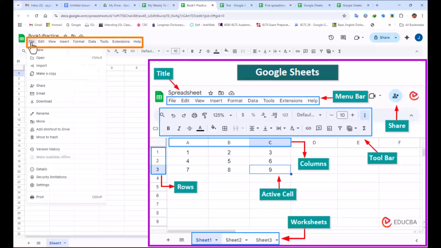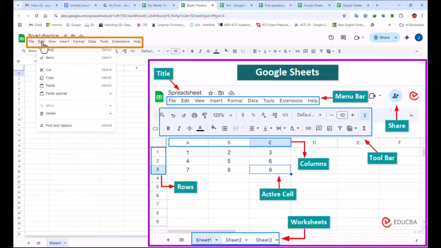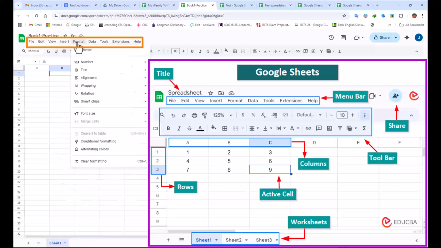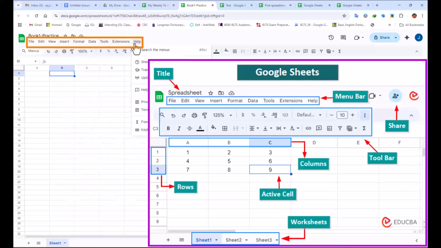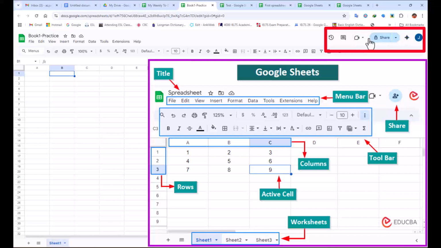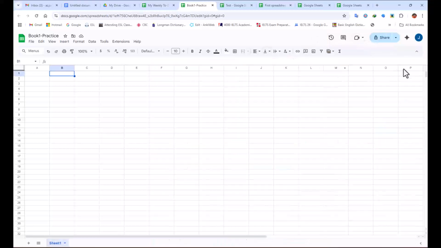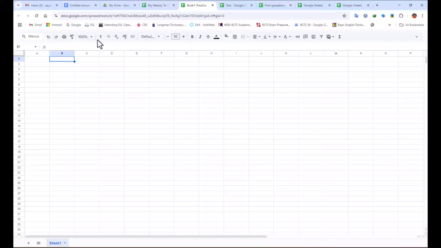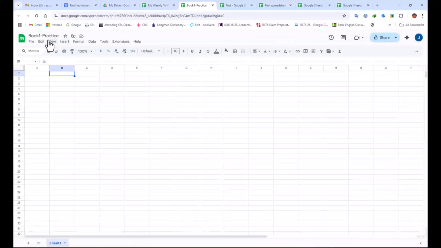These are the menu bars. All activities that you are going to do, you can access them: File, Edit, View, Insert, Format, Data, Tools, Extensions, Help, similar to Google Docs. These are the essential, most practical tools that we mostly use for formatting data or putting in formulas, something that step by step we will use. This is exactly similar to Google Docs: version history, comments, Google Meet, and sharing if you want to share the file with somebody else. And if you click here, as you see, it will hide the menu bars and you can access all the data. If you want, you can show here all the information.